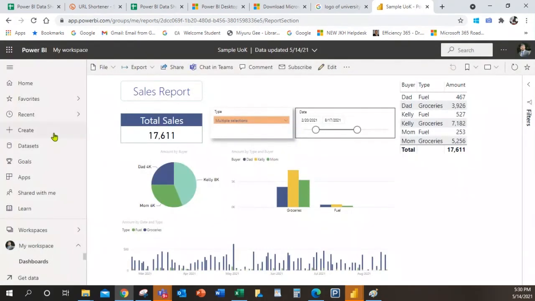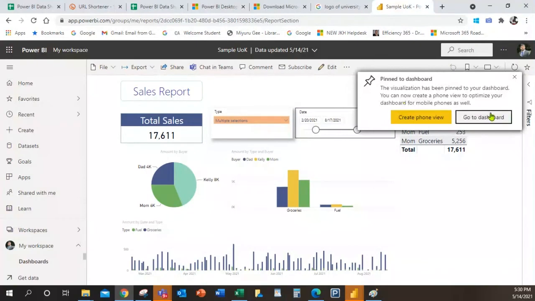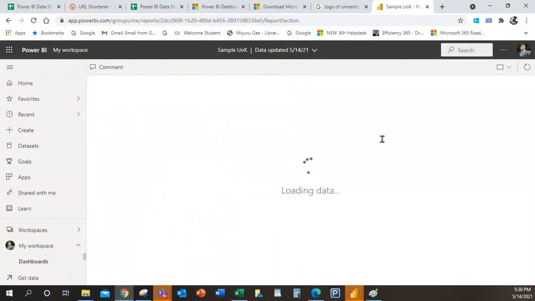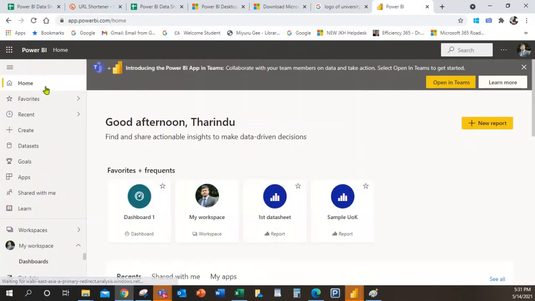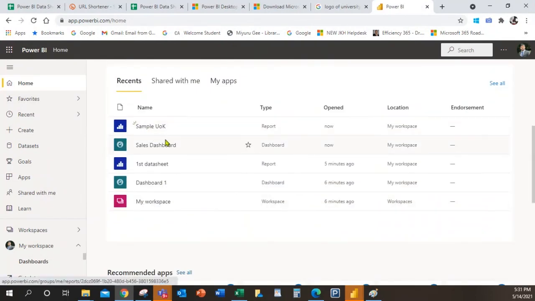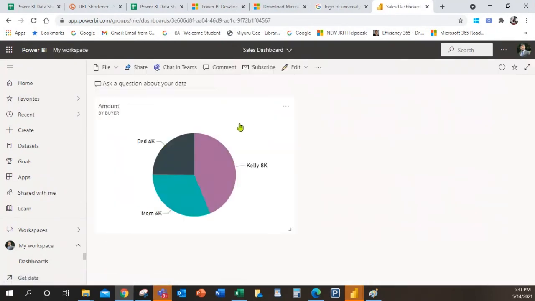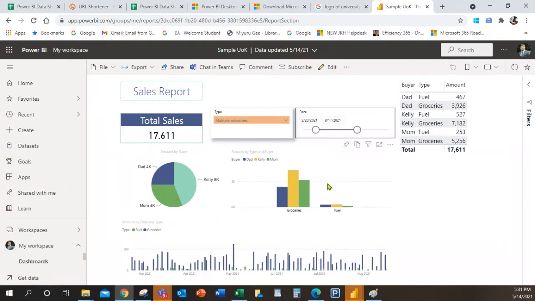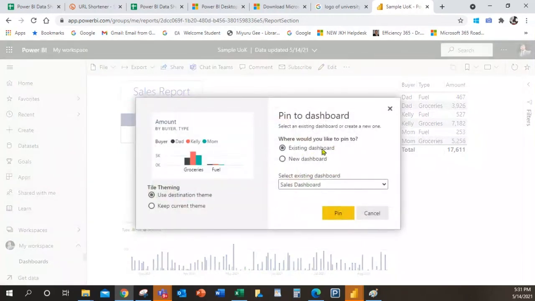Now I'll go to the dashboard. This dashboard has only this one, but the special thing is once I click on this tile, it will redirect to the report. Now I'm pinning this one also. This time it's an existing dashboard.